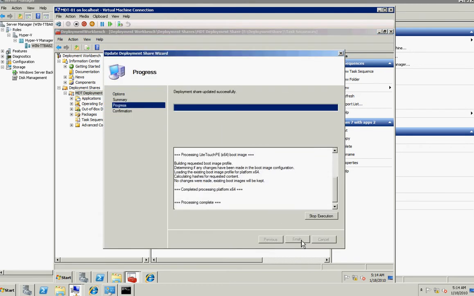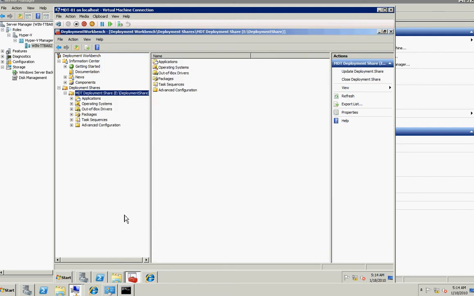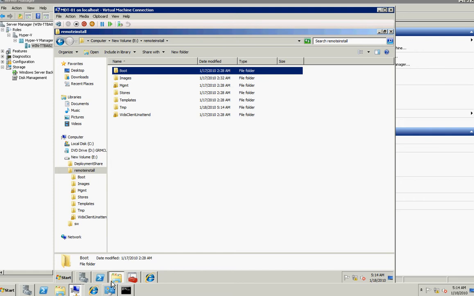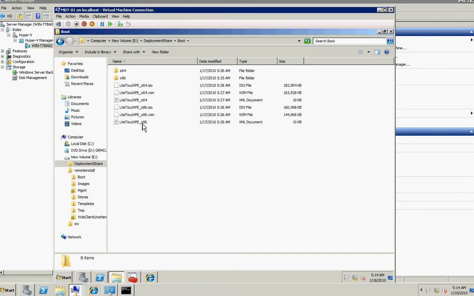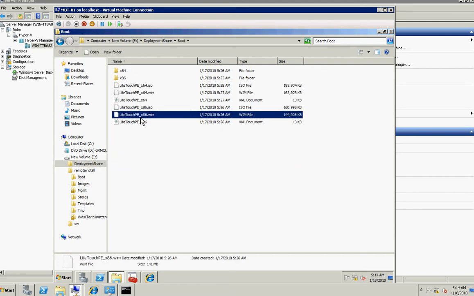So click next, click finish. That's cool. So now it updates the ISO. So let me go to my deployment share where my MDT has updated the boot image. So this is my WinPE 32-bit, which I'm going to import into my WDS so that it will boot it. So I'll copy,